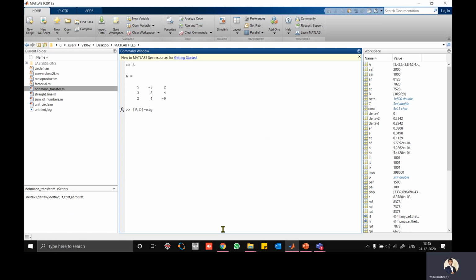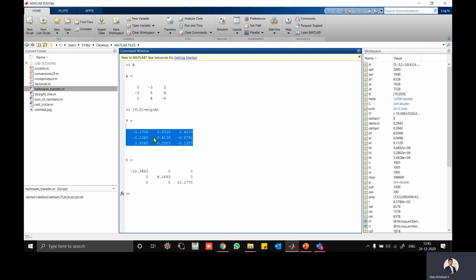So I type eig of A. Variable names are case sensitive, so mind the capitalization. This will give you the eigenvectors, each column holding an eigenvector, and the values will give you the eigenvalues of this matrix. So I can directly find eig of A. I hope you got it.